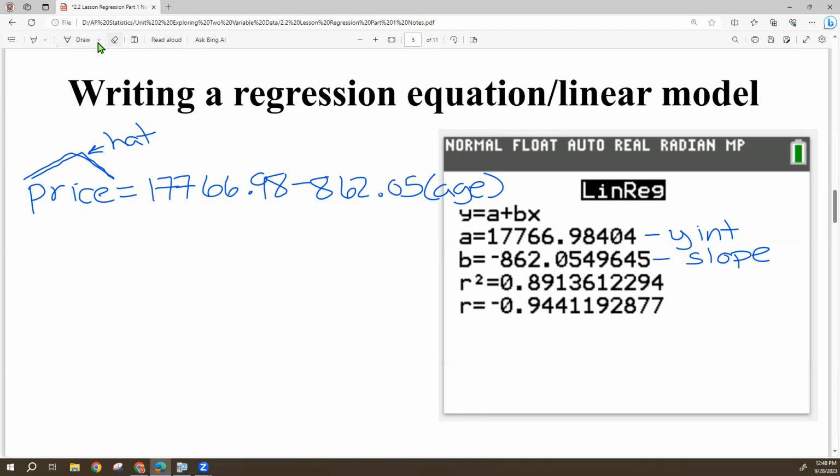The y-intercept, my $17,766.98. That's my y-intercept again. What that means is if we have a car that is brand new, age 0, remember that the y-intercept is the place where x is 0. So a car that is 0 years old, meaning it's brand new, would cost approximately $17,766.98. It might not be exactly that. It probably wouldn't be. That would be an approximation for it based on our data. The slope,